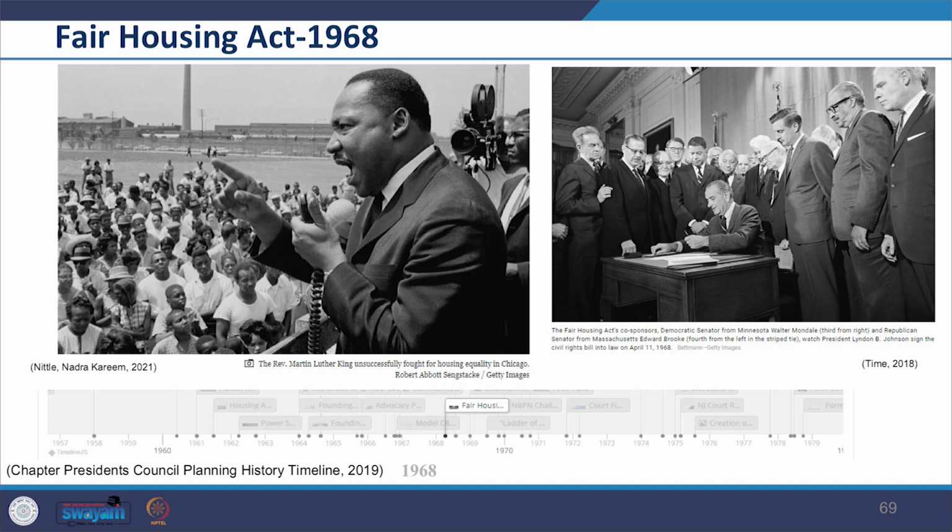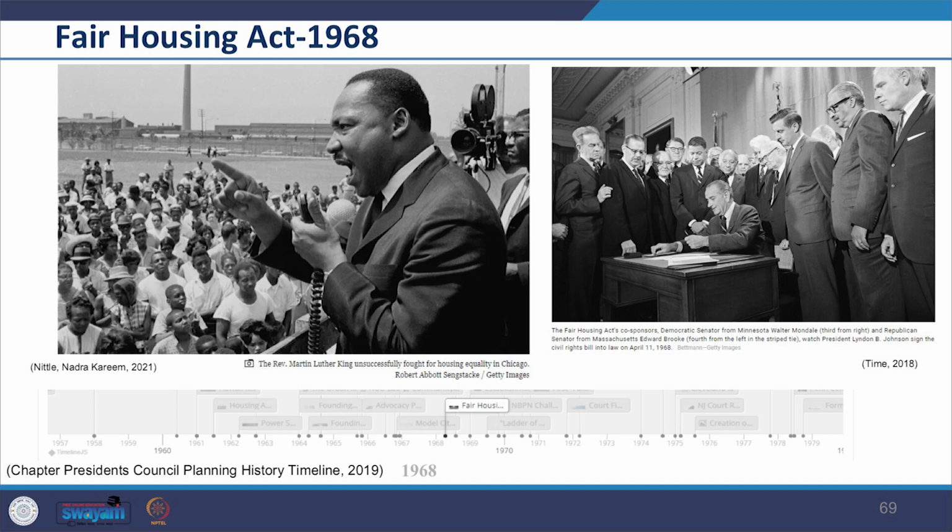Later in 1968, we see the Fair Housing Act came into the picture. Title 8 of the Civil Rights Act of 1968, also known as the Fair Housing Act, was signed into law. The act prohibited discrimination against a property renter or buyer on the basis of race, color, religion or national origin.